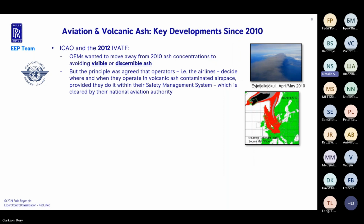It's an interesting discussion what actually those two terms mean. There isn't time today to go into it, but I'm happy to go into it later. What I wanted to focus on was the second point on this bullet point, which is it was agreed it's the responsibility and decision of operators when and where they fly in relation to contaminated airspace with volcanic ash. But it's agreed that the whole industry needs to support you in allowing you to make a good decision and keeping everybody safe. And it's done under safety management systems and safety risk assessments. Now,